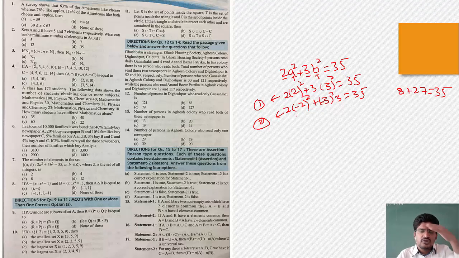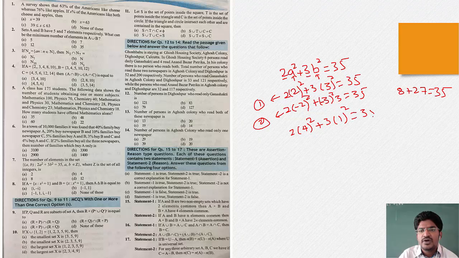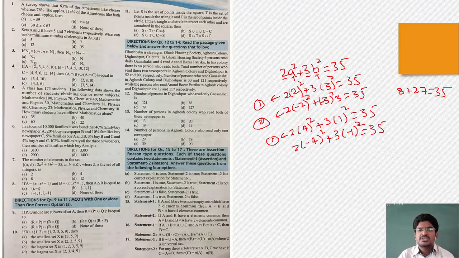See, if you get one equation, the other equation will be very easy. That is why, in the same way, if I take a multiple of 2 with 4, because 4 square is 16, 16 into 2 is 32, 3 into 1 is 3, so 32 plus 3 will be 35. So, this is the first equation, and the second equation will be minus 4 whole square into 2 plus 3 into minus 1 whole square equal to 35. So, these 4 equations will give you the